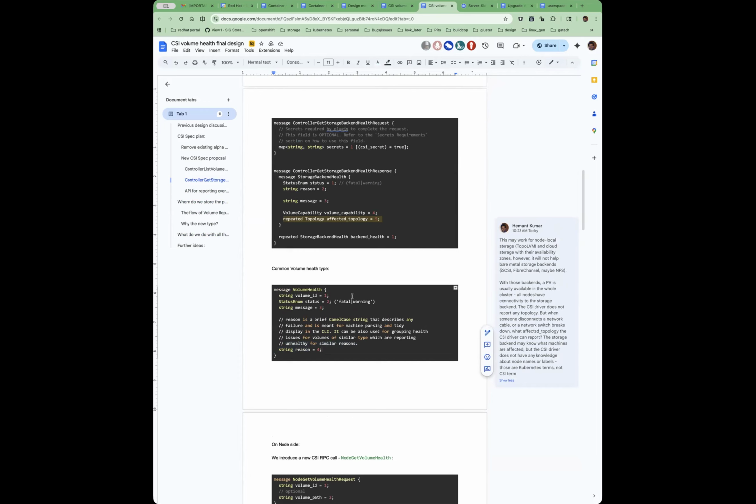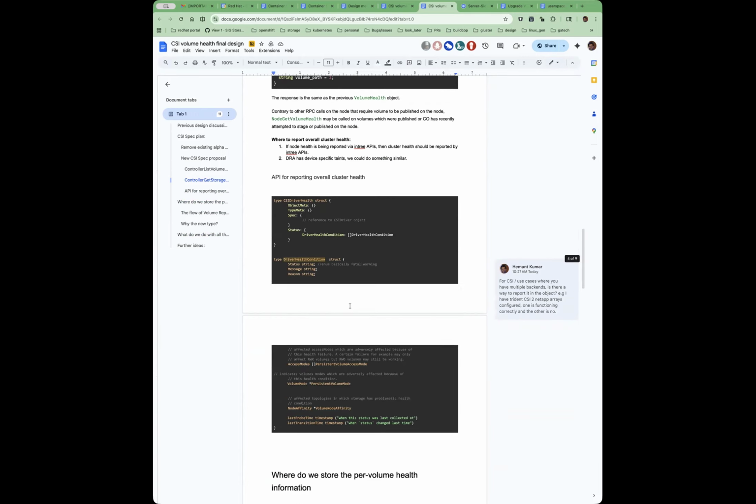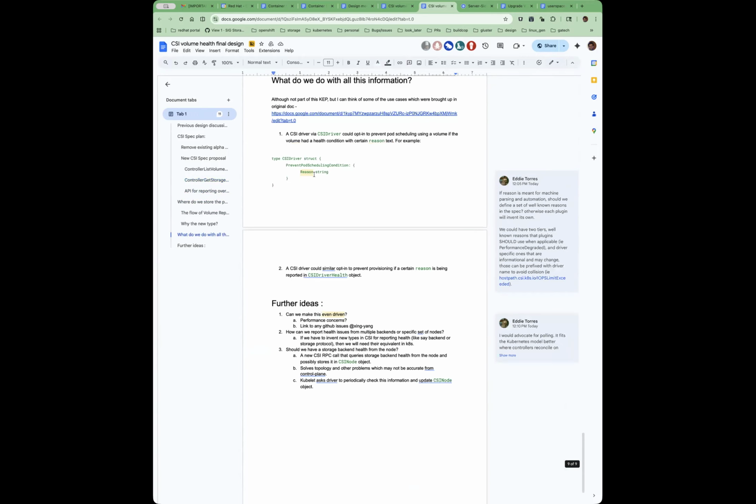Yeah, if we want to make that opaque, that makes sense. If you scroll down, my comment there is that in the document it does say that a CSI driver, via the CSI driver object, could opt in to prevent pod scheduling using a volume if the volume had a health condition with certain reason text. So we probably should update that to say